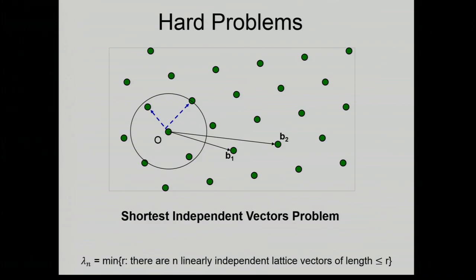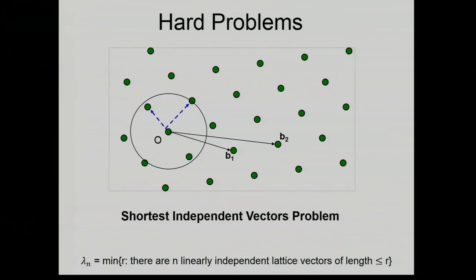More generally, I can define these quantities lambda 1, which is the length of the shortest vector, lambda 2, lambda 3, and so on, up to lambda n, which is the length of the nth shortest vector. And what does that mean? I take a ball around the origin. I keep expanding it. When I hit a lattice point, I know that is the shortest vector. That's the length of the shortest vector. Expanding it, what is the minimum radius by which I'll contain n linearly independent lattice vectors? The minimum radius that contains n linearly independent lattice vectors, that's called lambda n. That's again a fundamental quantity in the study of lattices.